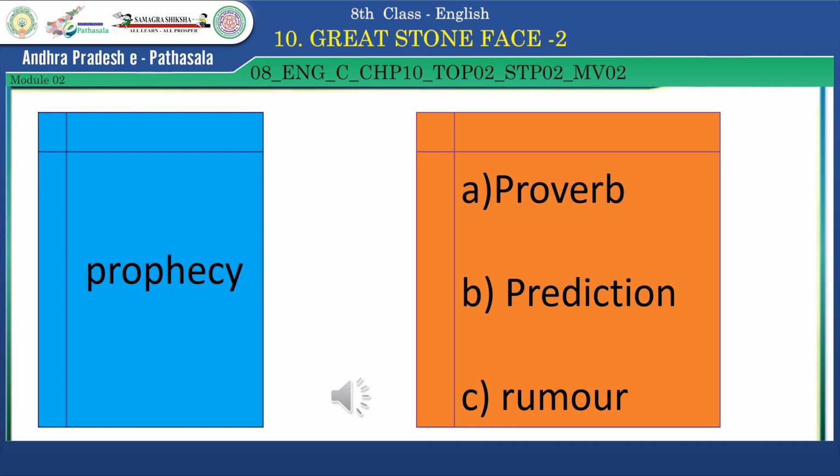Prophecy. Options are proverb, prediction, a rumor. Answer is prediction. Very good, children. Next word is